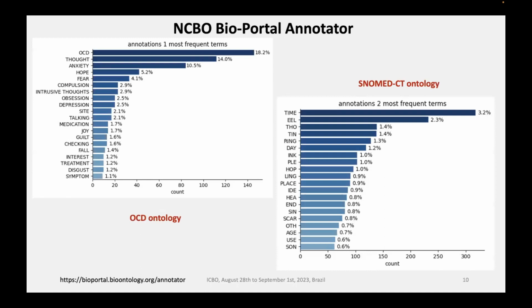In this slide, I'm presenting the annotation process we employed to annotate and analyze OCD forums data utilizing two ontologies, the OCD ontology and SNOMED CT, with the use of the annotator tool provided by BioPortal. The visual representation here depicts the outcome of the process by presenting the most frequent terms annotated through both ontologies. And it's noteworthy that the result on the left-hand side, derived from